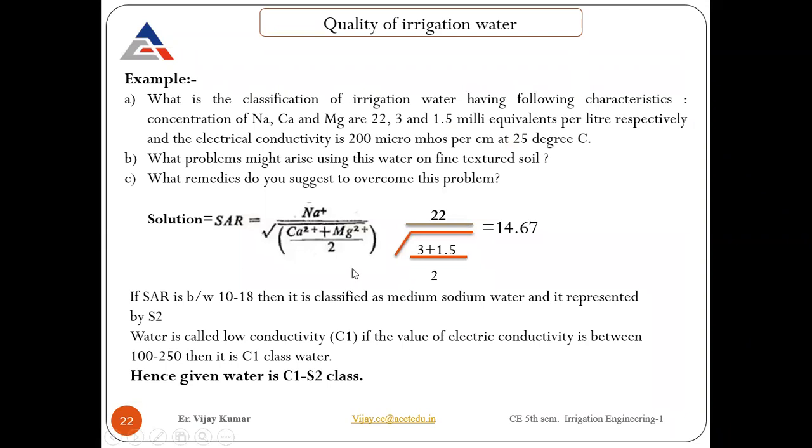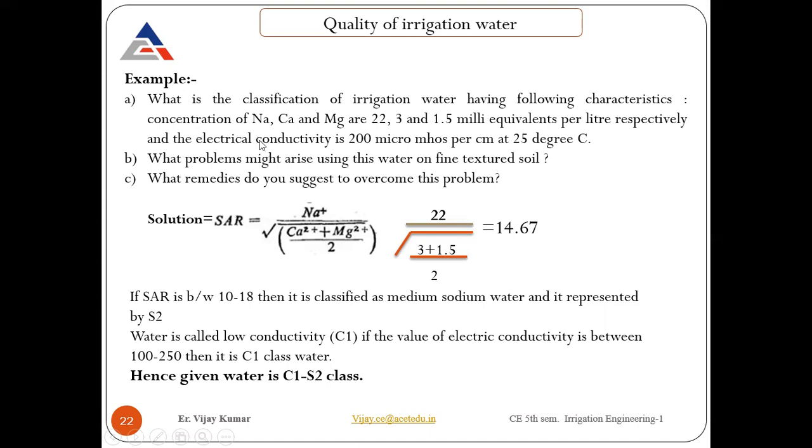On that previous concept, we have a numerical. So let's see it and try to solve it on your own. You might get some conditions and how to identify them, and what treatment needs to be done to remove that problem in the soil. This is the problem mentioned here. You can read the question, which has A section, B section, and C section. We divide it into three parts.